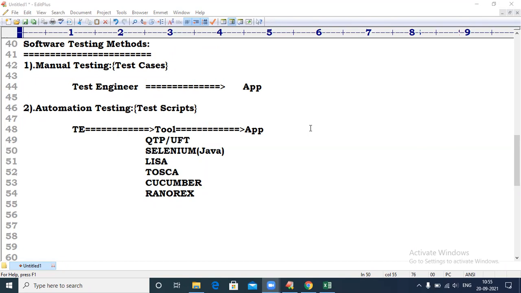So at the time of automation, do one thing. Even if your background is BSc or MBA, whatever it is, no problem. But practice is more important here. More practice is required here. As non-native people, you have to do more practice. That is the only very important thing here, remaining nothing.